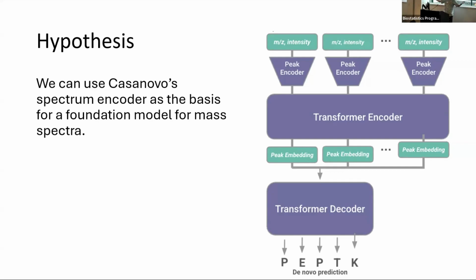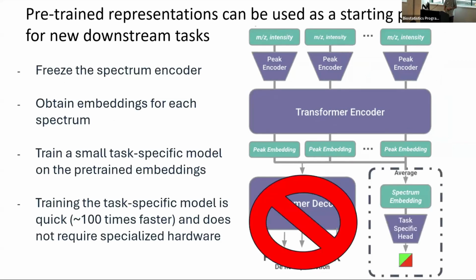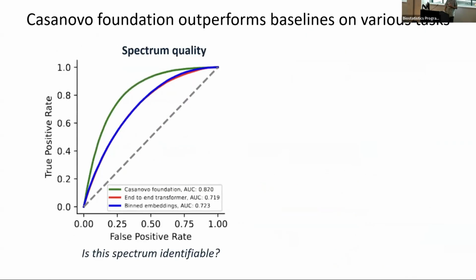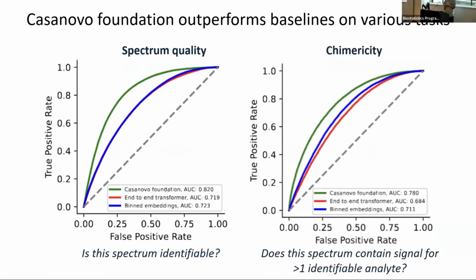So if, with a big repository of data, you can get about 50% of it labeled relatively inexpensively, just using computational searching tools. And so our hypothesis was we can basically throw out the decoding part of Casanovo and then use the transformer with a new prediction head for a bunch of downstream tasks. And I'm not going to tell you all about all of them, but the tasks that we looked at are spectrum quality prediction, and this green line is the one that's from the foundation model, chimericity,